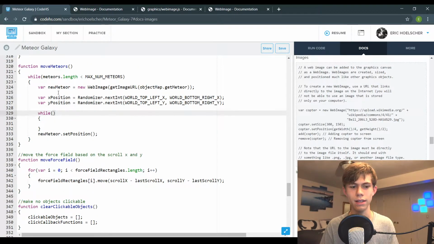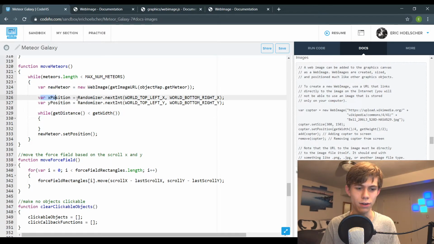Next, we need to check that these x and y positions aren't too close to the ship, and then keep changing the values until they aren't too close, if they are too close. So I'm going to use the getDistance function that we wrote earlier in the series. So getDistance has to be less than the width of the screen in order to generate a new set of numbers. So inside of the getDistance, I'm going to write getWidth divided by 2, and then getHeight divided by 2. So this will be the position of the spaceship, in the center of the screen,